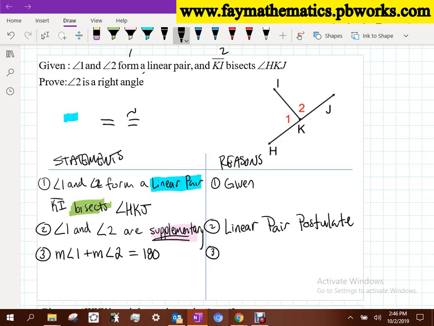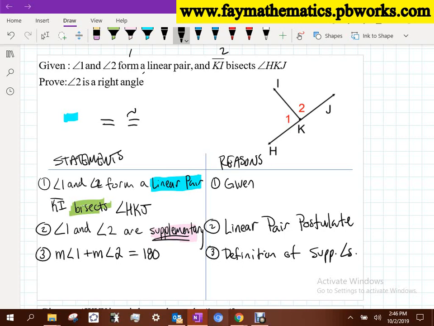It allows me to categorize or identify what these angles are. The definition of